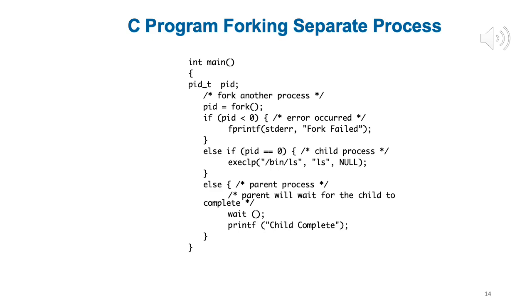The parent process will hit the last else. If PID is less than 0, it will not, because fork was successful. PID equal to 0, it will again not hit, because to the parent a value greater than 0 has been returned. So the parent will hit the else, and there it will wait for the child to complete. Once the child completes, control is transferred to the parent, and the parent prints child complete, and then it also finishes execution. In this way, we have a program using fork and exec and also wait.